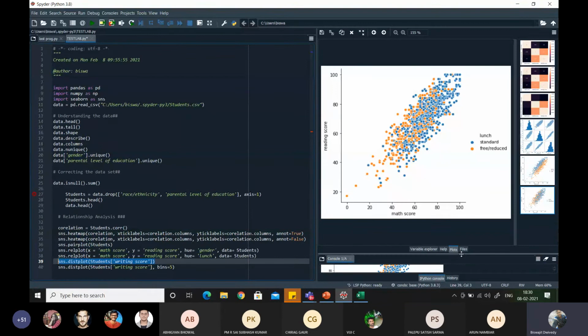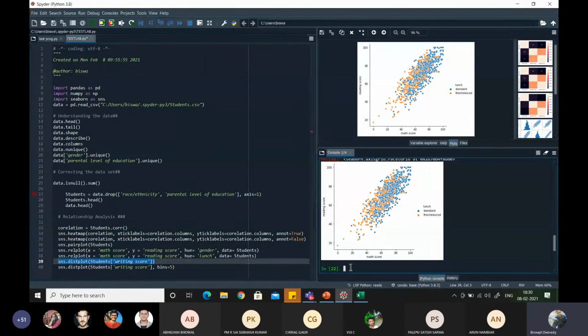Next is your histogram. Another type of plot is there, that is your histogram. I hope all of you know what a histogram is. Histogram is basically bar representation of different variables. Suppose a data set is given, and we want to represent all the variables in bar form. In bar form means we'll be using their density to represent them, and we'll be representing their density in different bars.